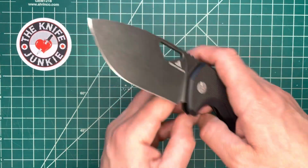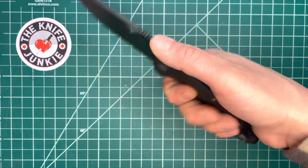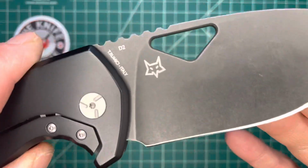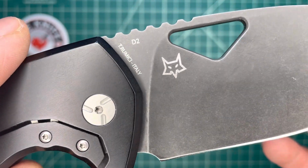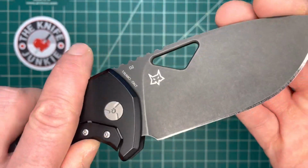But I would imagine scraping bark. You're going to scrape bark and light it on fire. I don't know. For whatever reason, it makes sense to me that it's not a crown spine. Let's just take a moment to look. I got to say, that Fox logo is just cool. It's a really cool logo, and I never stop to admire it, but